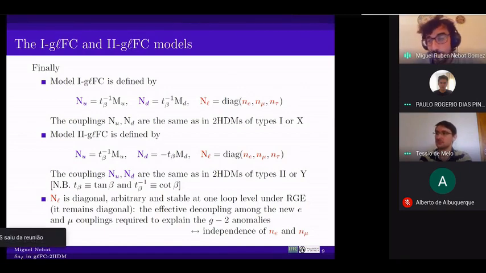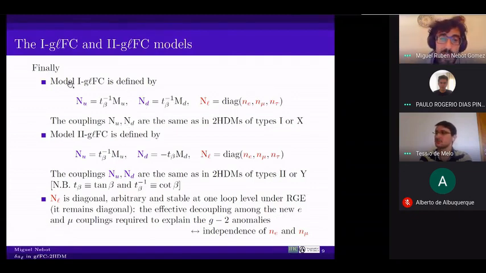So you are somehow mixing two ingredients. I know that a Z2 symmetry guarantees that the thing is stable under the renormalization group evolution. Well, this, in principle, is not guaranteed to have that nice property, but as it happens, it is stable too. So we just go for the simplest mix of these two ingredients. I take the simplest situation.